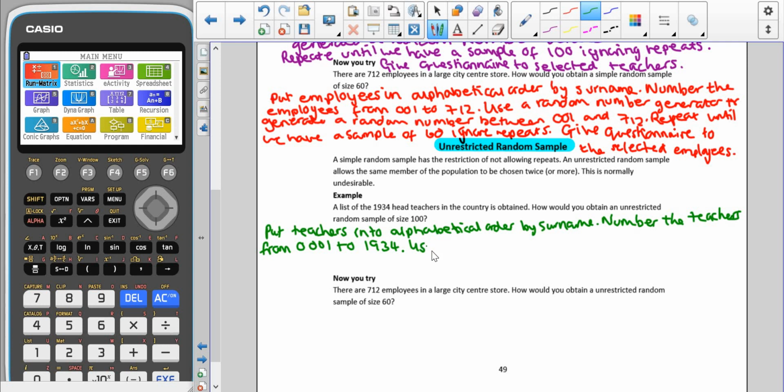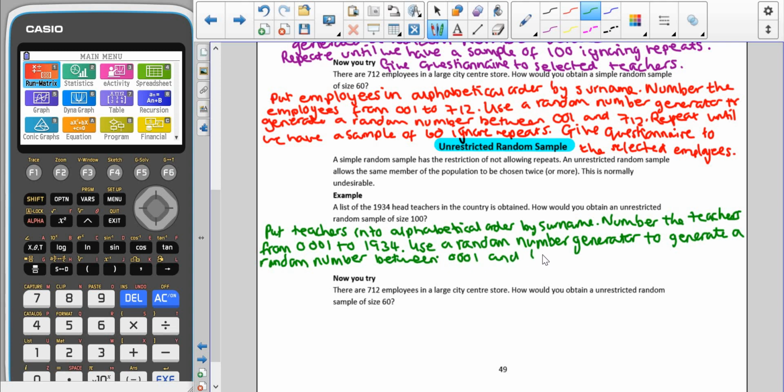We would use a random number generator to generate a random number between 0001 and 1934. We would repeat